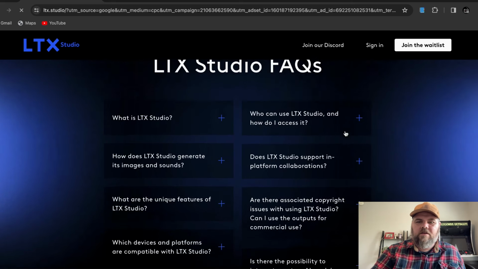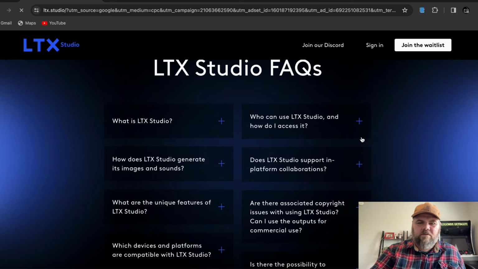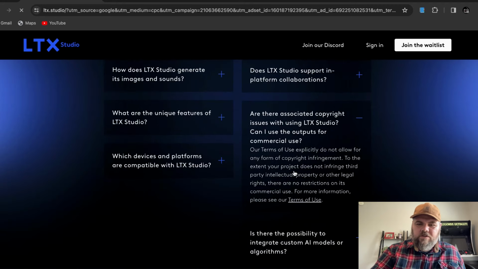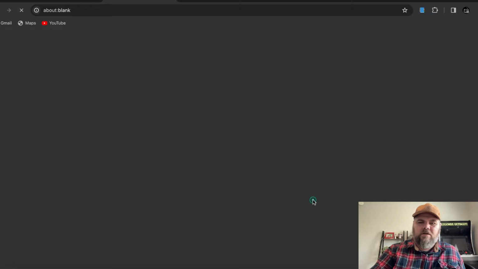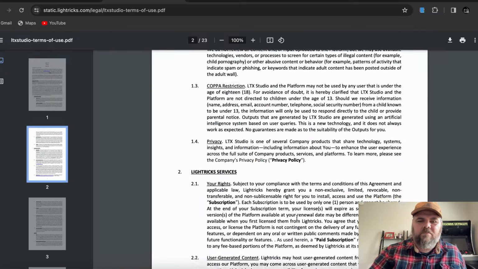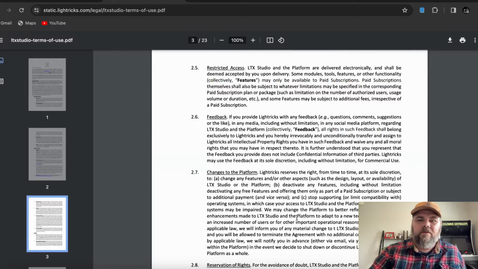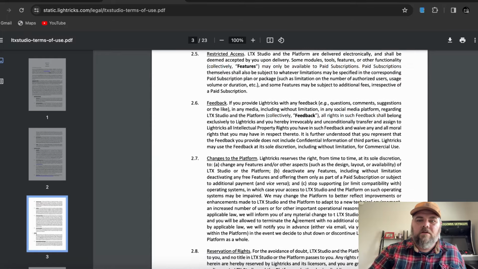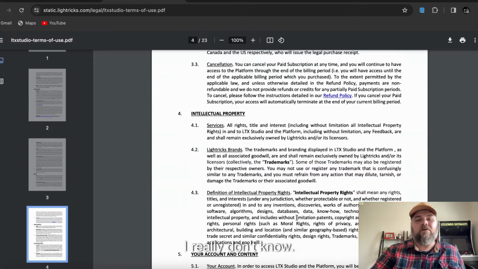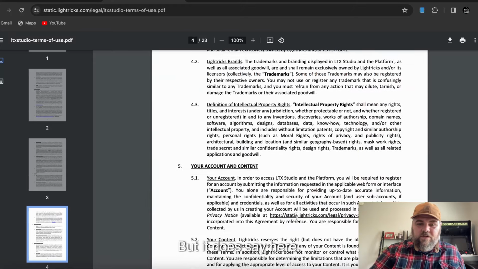The copyrights and the terms. The copyright said something that kind of red flagged me a little bit. Now, I could be wrong. I'm not a copyright lawyer, so I really don't know. But it does say here